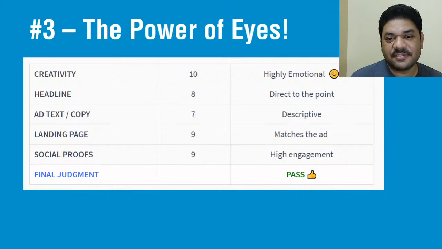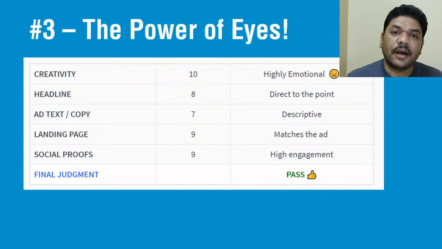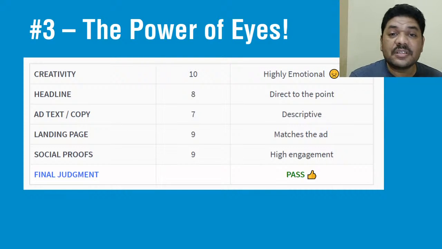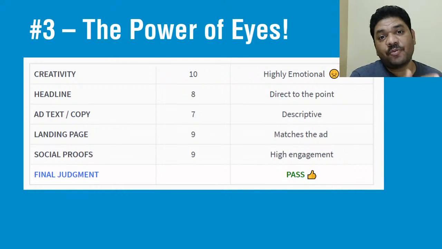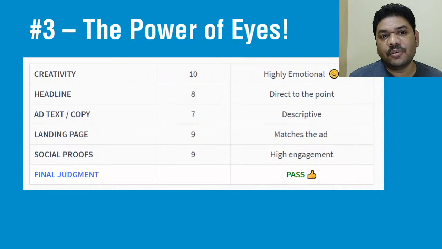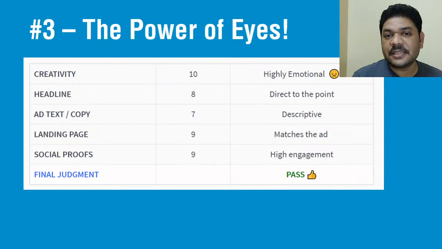So ultimately this image works. Like this, you can study multiple examples in your domain. It's called competitor analysis. You can go and search your competitors, see what type of posts they are using and what results they are getting. You can closely observe your competitors also. It will be useful for you. Then you go for your strategic planning, image planning, and compose it, keeping everything in mind and joining all the dots, and you can get a clear result.